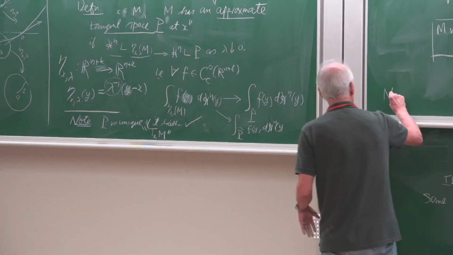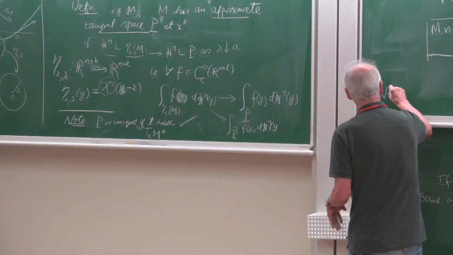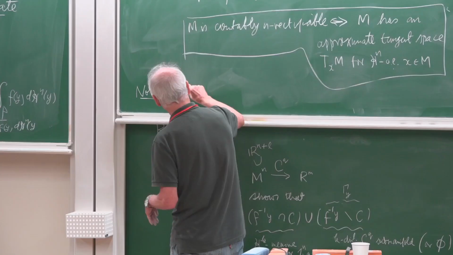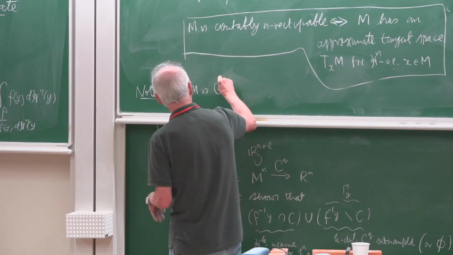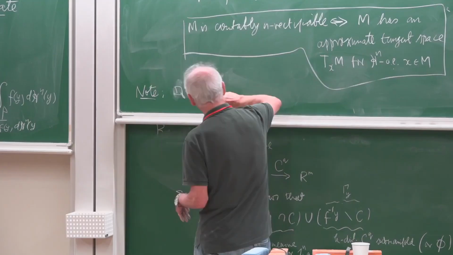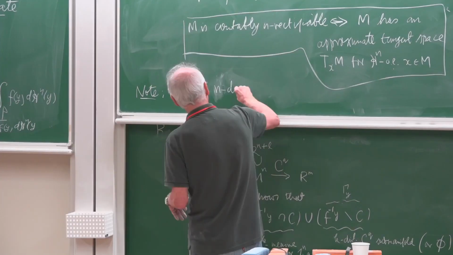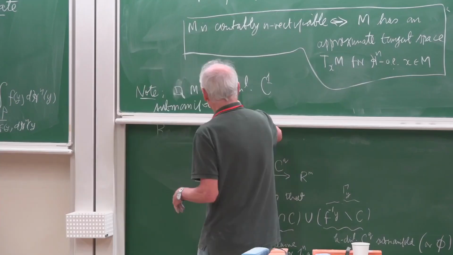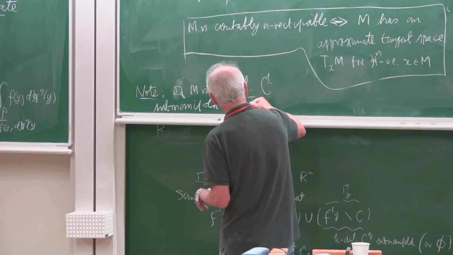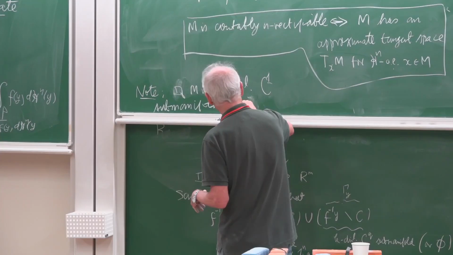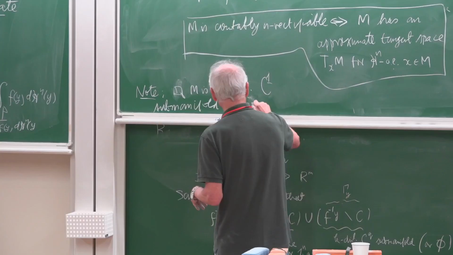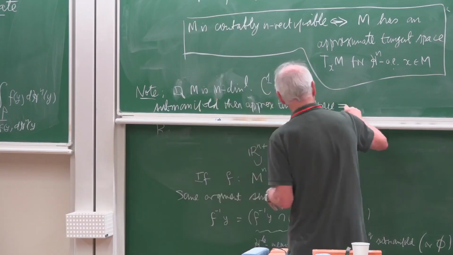If M is actually a smooth, if M is a C1, n-dimensional submanifold, then of course T_x M, the approximate tangent space, is exactly the same as the